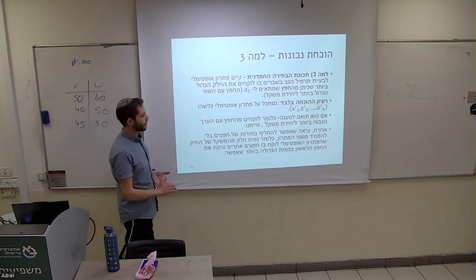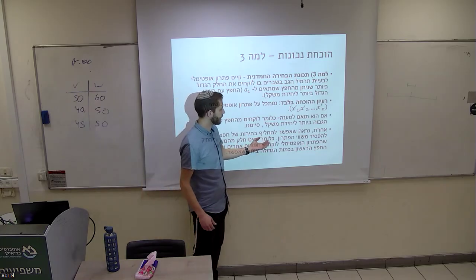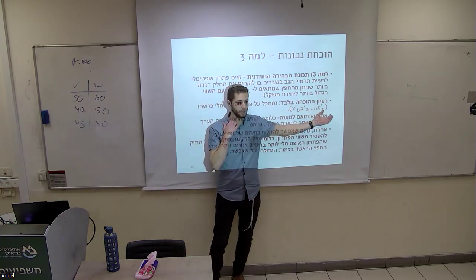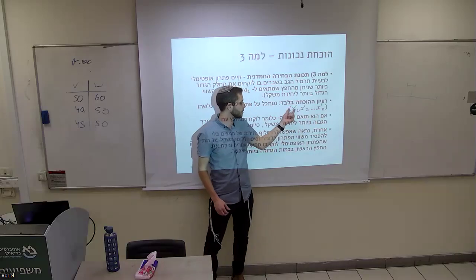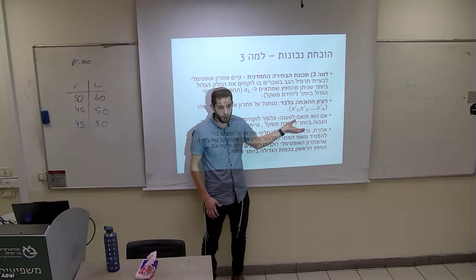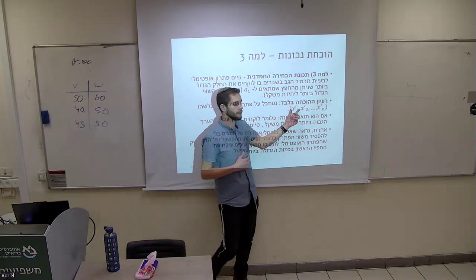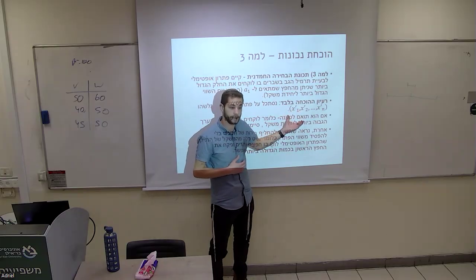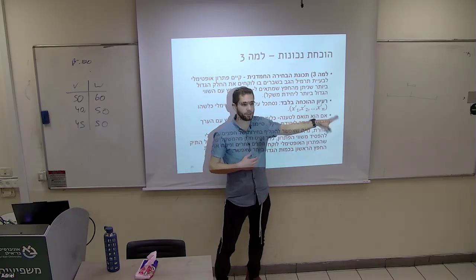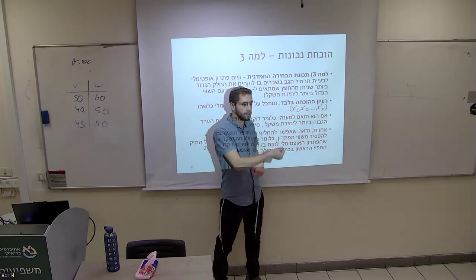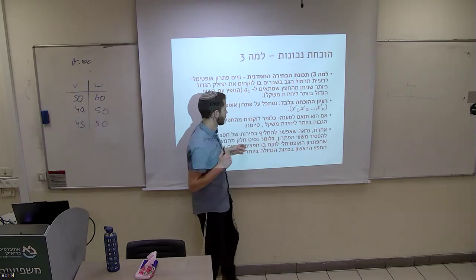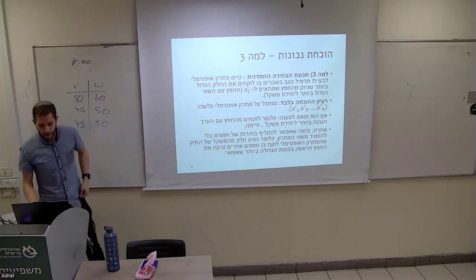Otherwise, let's see that we can trade some other choice that he has, some other object, with the rest of what's left of x tag 1, as much as we can switch, right? So let's say there's 4 kilos of the first item that he didn't take. Let's kick out 4 kilos of some other item, and let's add in our first item. Okay? So that's basically what we're saying here.